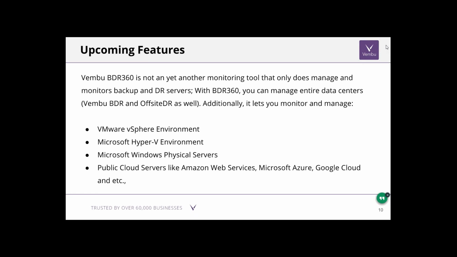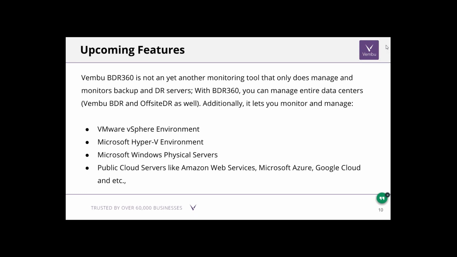We will provide the software that you can install in your data center to create a similar Wembupedia 360 server, and you can manage all your servers running inside your data center and your co-locations as well.